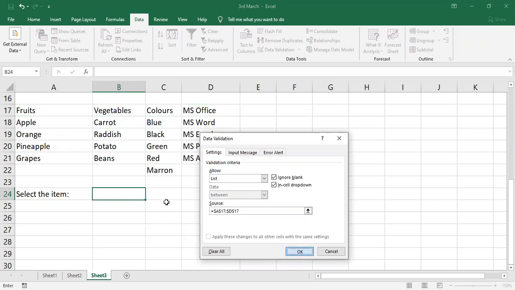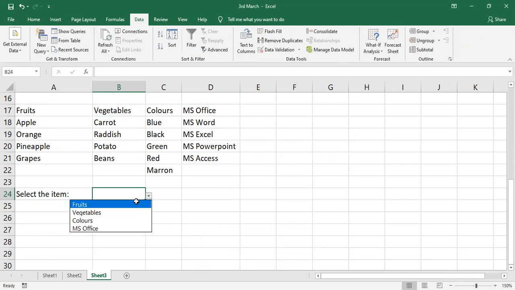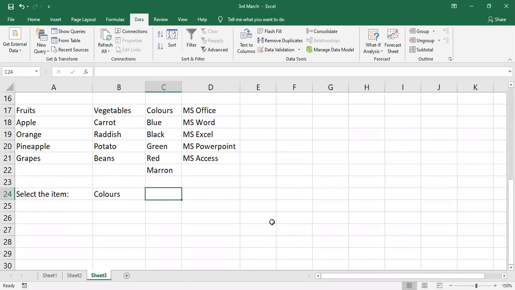When I click on OK, it will display like this. Okay. Currently, I have selected fruits. If I select here, let's say colors, here it should display colors now. The list of colors what I have given below this. Now let's see how it works.